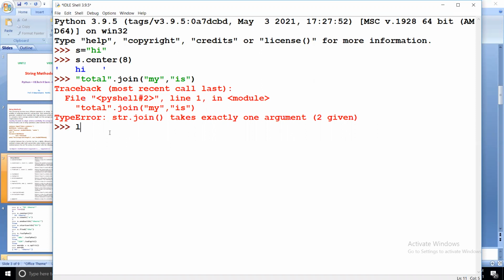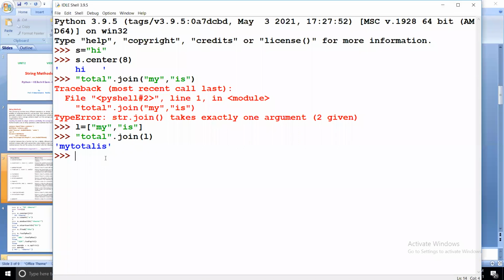Okay, let me create it as a list first. L is equal to... So the problem with this is I have used separate strings here, but you need to create a list first. So let us create it as a list now.